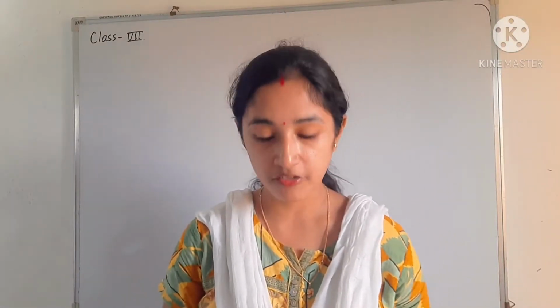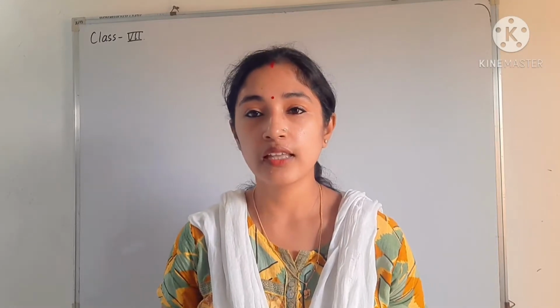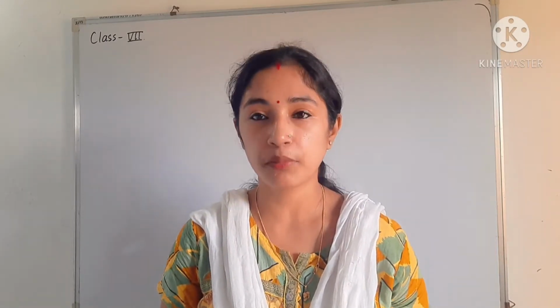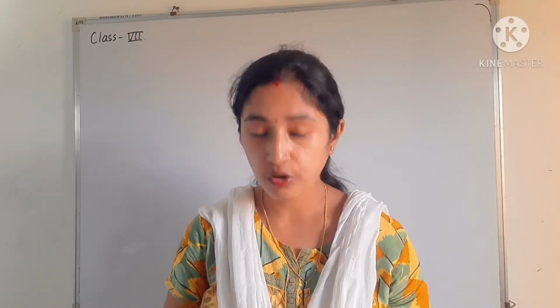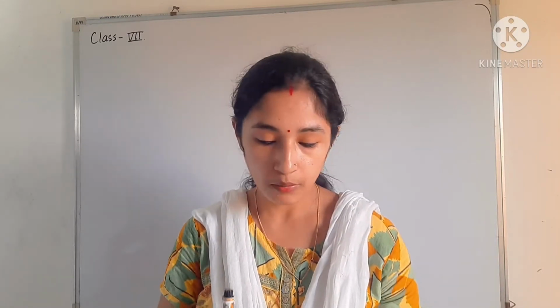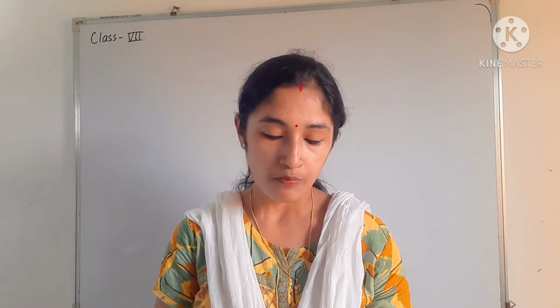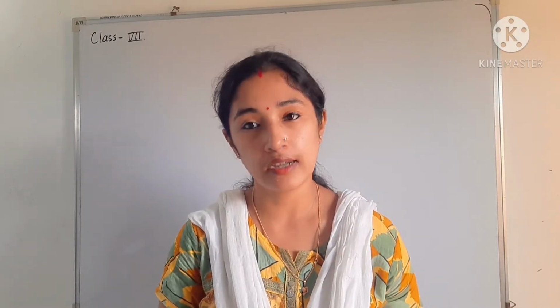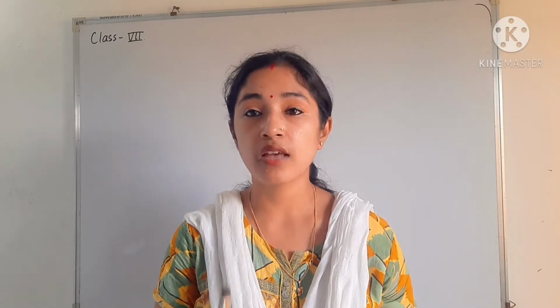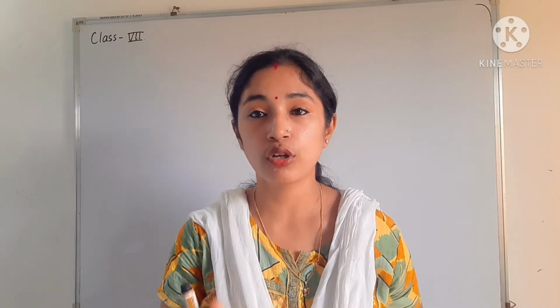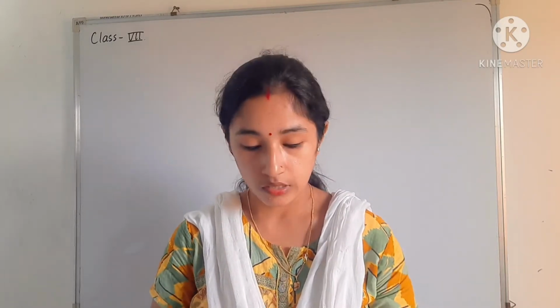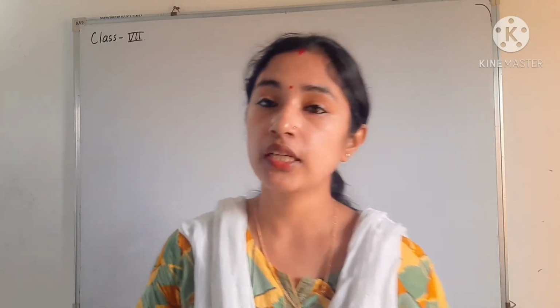So already we have finished till unit 3, that is commercial mathematics, up to chapter number 9. So next is unit 4, geometry. For now I am leaving this unit number 4. I am starting unit number 5, that is mensuration. Geometry I will discuss at last, because there are many chapters and I have to show you some objects practically. So now I am starting unit number 5, mensuration, and the chapter name is perimeter and area.